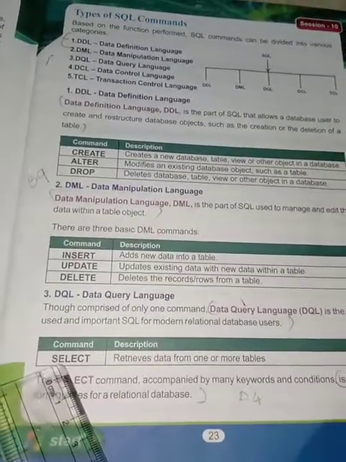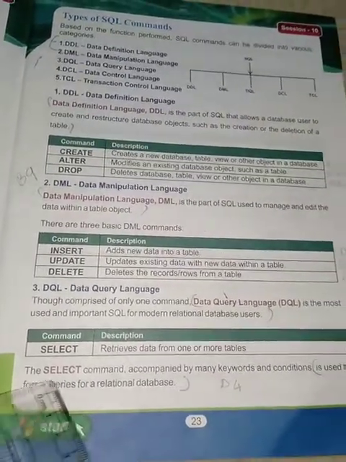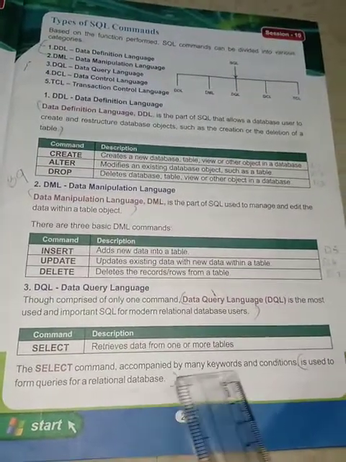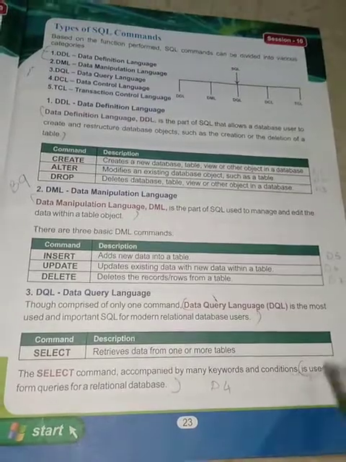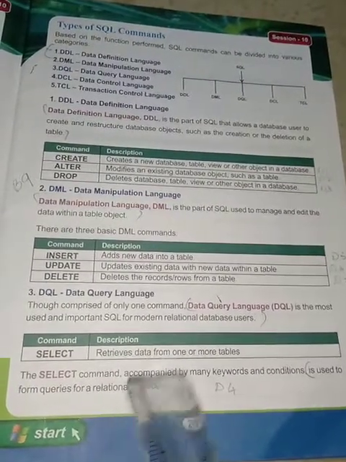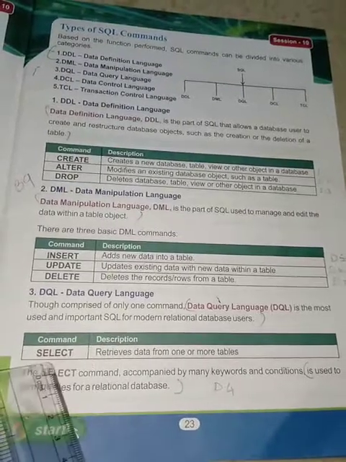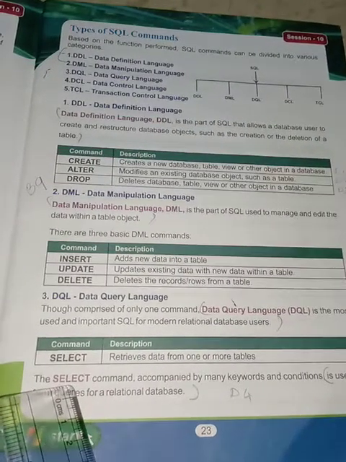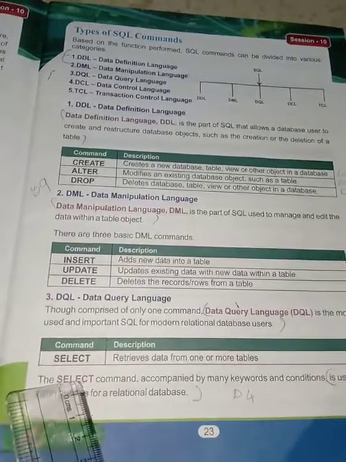So for that we use the select command. The select command is accompanied by many keywords and conditions. It is used to form queries for a relational database. So you will study select in your next classes, how this select command will work and what